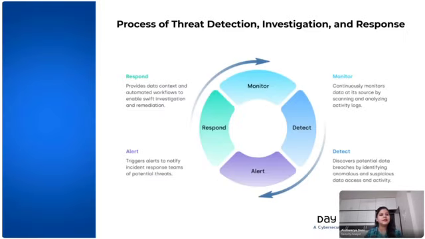As we start with the presentation, the first thing we have to know about cybersecurity threats is the process we would be following to find out what the cybersecurity threat in the organization is. How are we going to monitor it, detect it, alert about it, and respond to it? So there's a process. The flowchart that I have attached here shows, in the big picture, how it works.